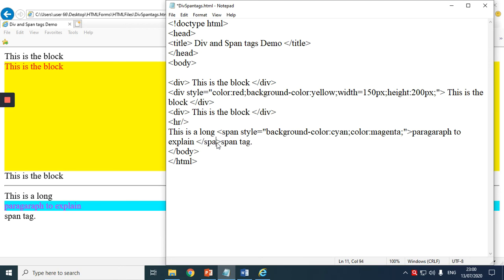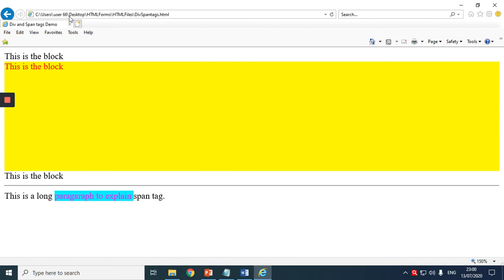Now observe the output. See, the whole text is displayed in a single line. It is continuous, correct? What we did, we just changed the division tag to the span tag, right?